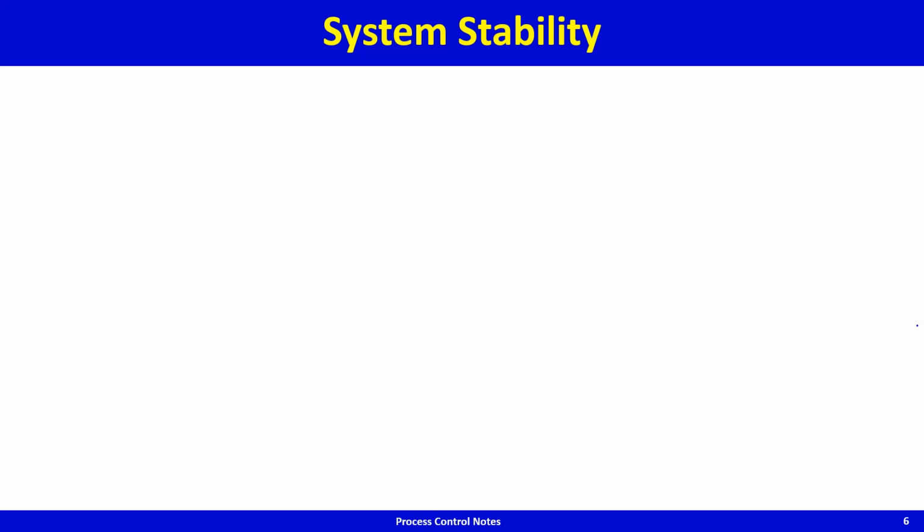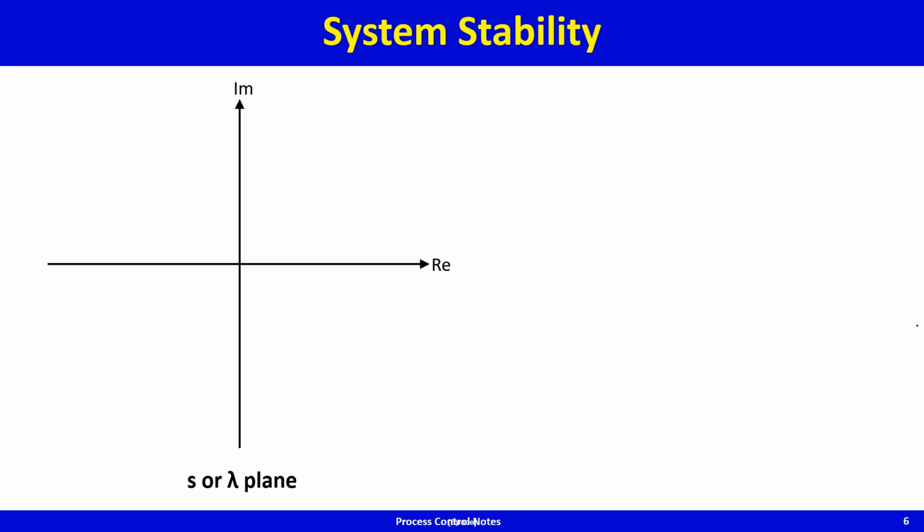So system stability, in general, depends on the roots of the characteristic equation, and if you're talking Laplace domain, then the poles in the S domain, or lambdas, which are roots of the characteristic equation in the time domain. In general, these roots can be complex numbers. So let us look at the complex plane, the S plane or the lambda plane, as you will,